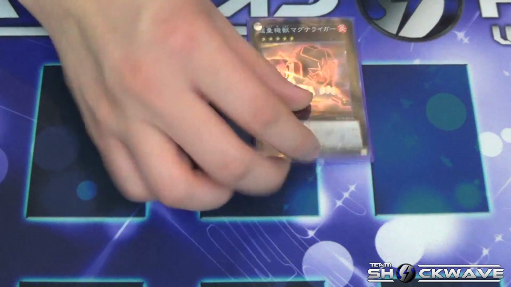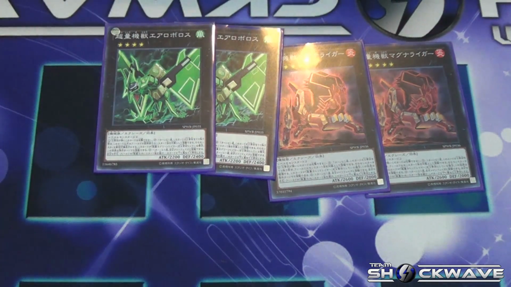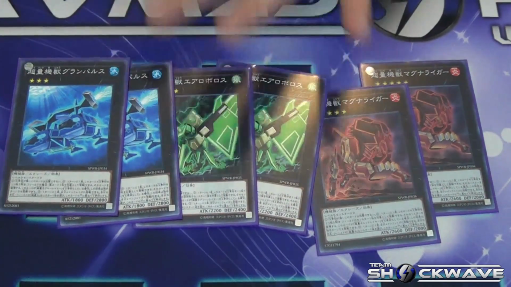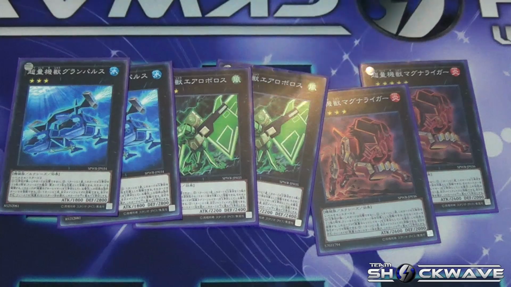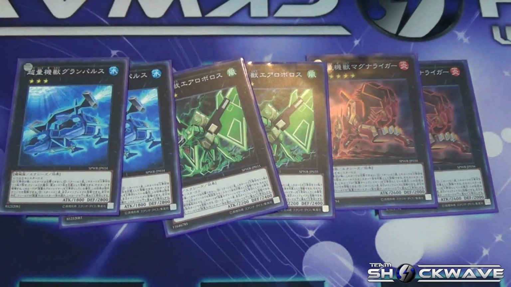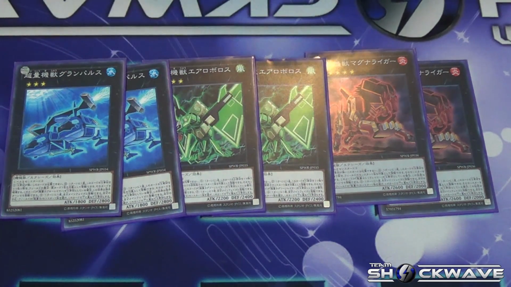Alright, so I played 2 of the Magna Liger, 2 of the Arrow Burrows, and 2 of the Grand Pulse. This is what you need to bring out the big guy, because it takes one of each of them to combine into the big guy, and they all have their own specific effect, and if you attach them